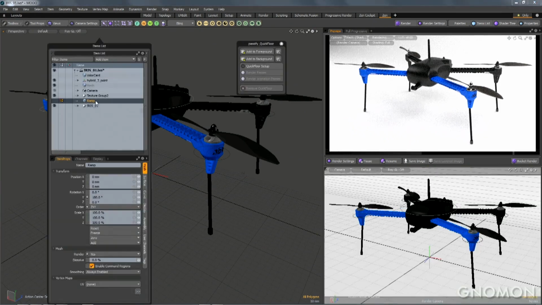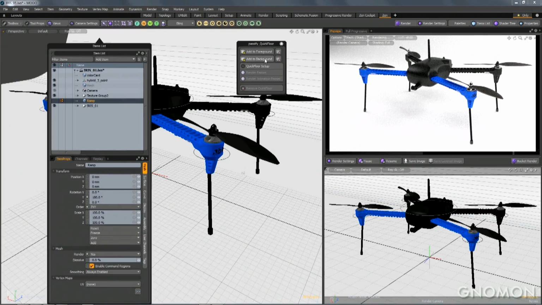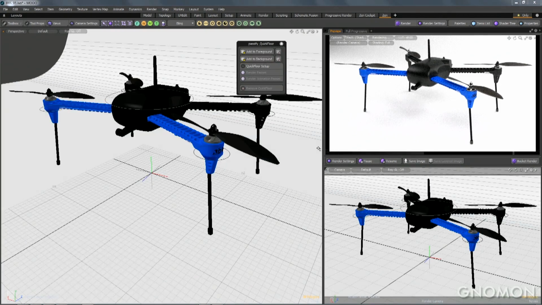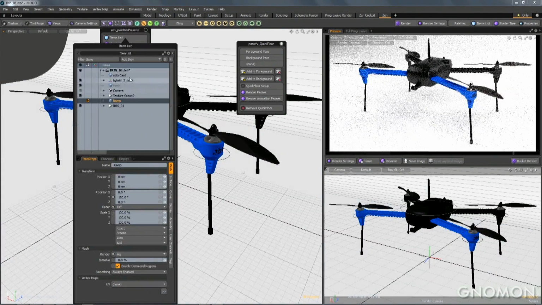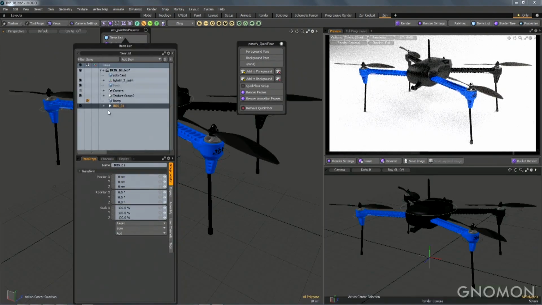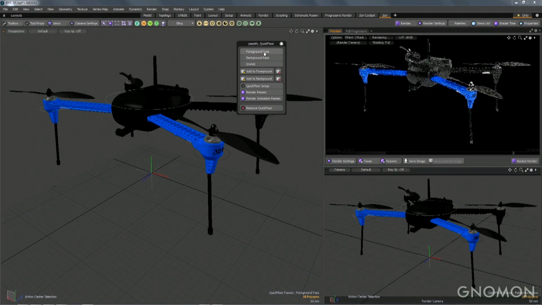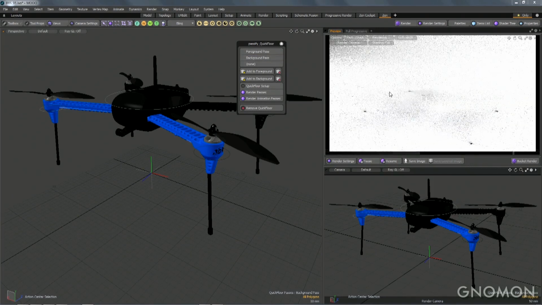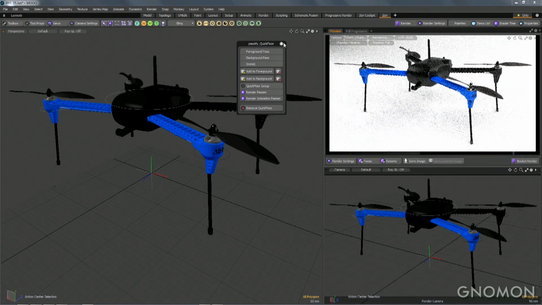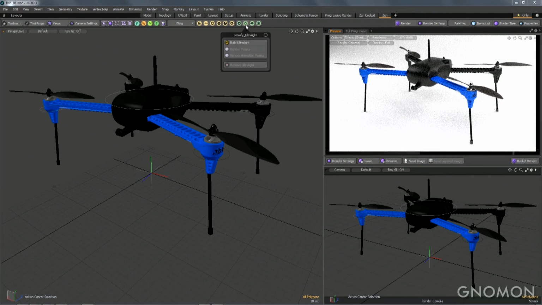And we've got some really nice utilities just built right in for typical product shot kind of stuff. So here I'm selecting the ramp, clicking Add to Background, and then I'm going to select the object itself, the quadcopter, and click Add to Foreground. Done. That's all I had to do. Now I've got a foreground pass and a background pass separated out without doing any work with groups, none of that stuff. It's all just done for me. I can click one button to save these out to two separate files, bring them into Photoshop, and composite them.